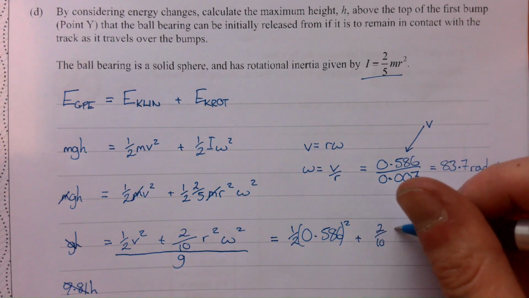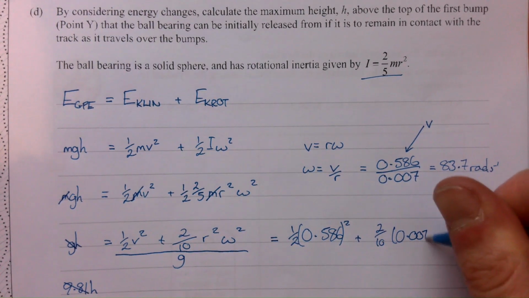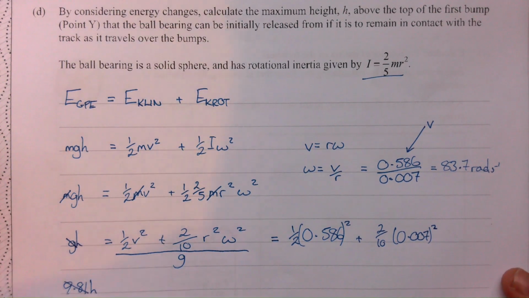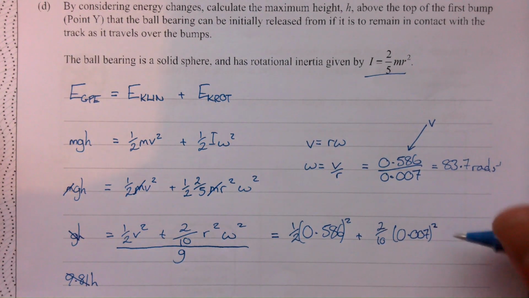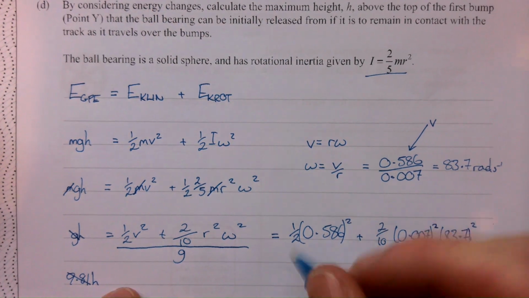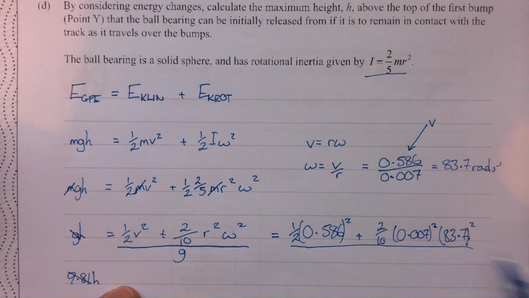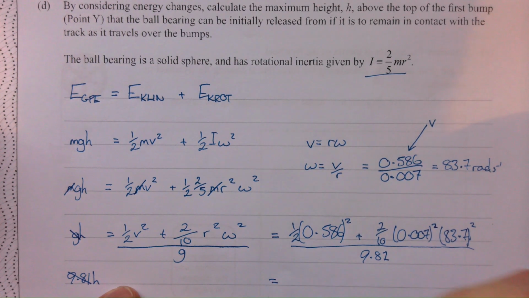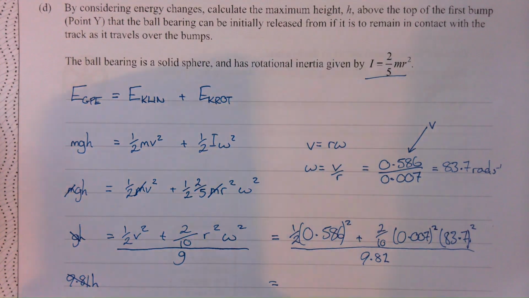Our radius is 0.07 squared, and our angular velocity is what we've just calculated up here as 83.7, and that is going to be squared as well. Don't forget that the whole thing is divided by g, which on Earth is 9.81, and then we get typing on our calculator